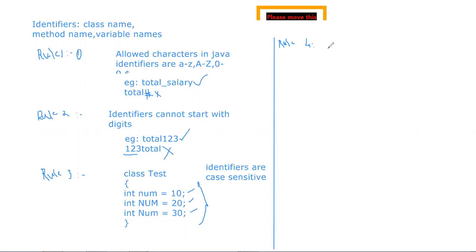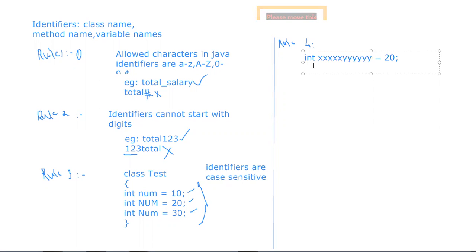If I want to give an example for this, let's just write an example. I want to write a variable name as int xxxxyyyy is equal to 20. So I can use this as my variable name. This is a valid identifier, but I would not prefer this because it is not a good coding practice.